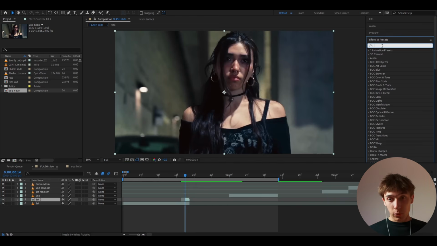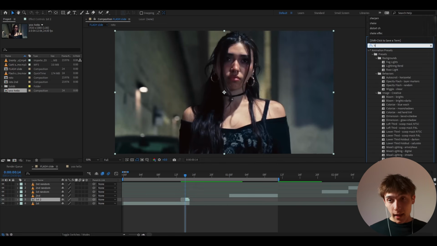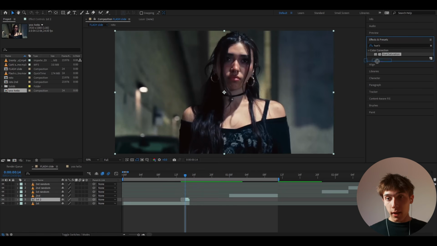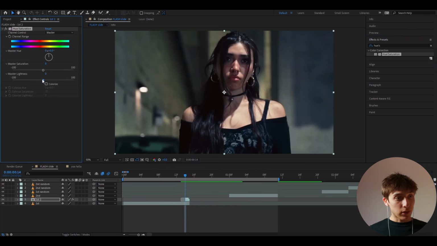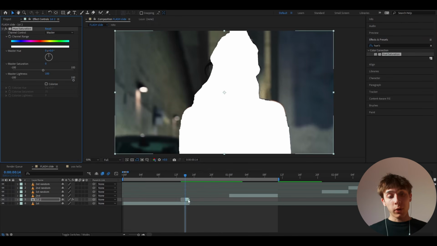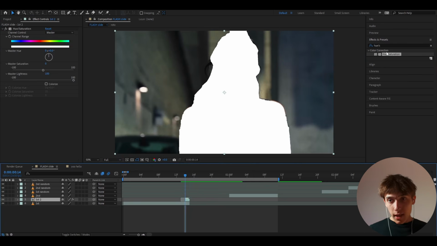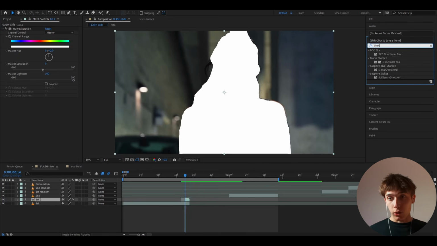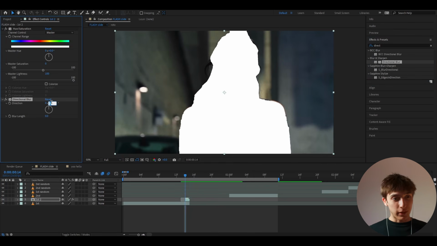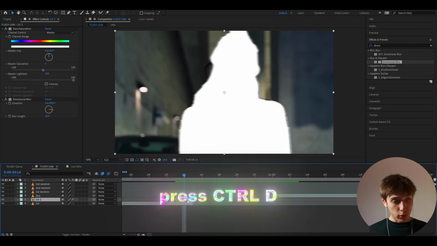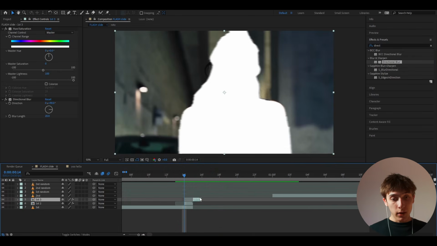And for this frame, I just personally like to go to effects and presets and add hue saturation and take it on this layer. I just like to make the master lightness to 1. So that's pretty much going to flash our character. And here you could also add something like directional blur to add some blur so it doesn't look kind of bad. This kind of does look bad, so I like to make it to 90 and the blur length something like 20. And then we can press Ctrl D on this layer and then go 1, 2 frames forward,